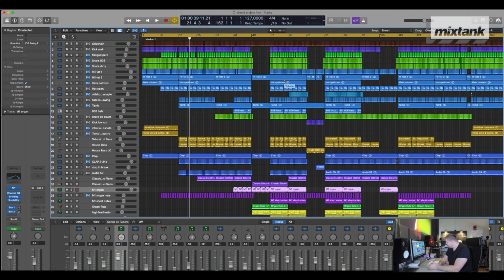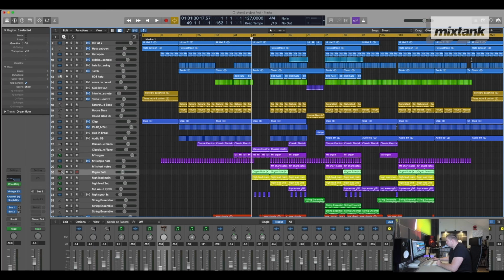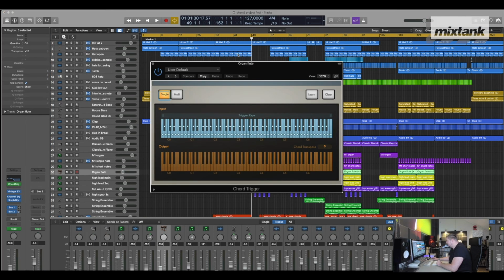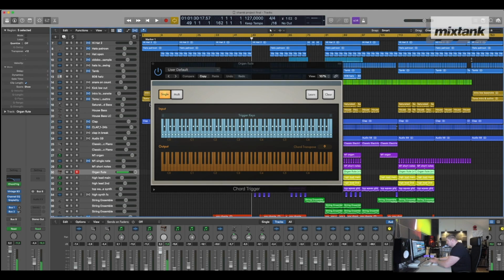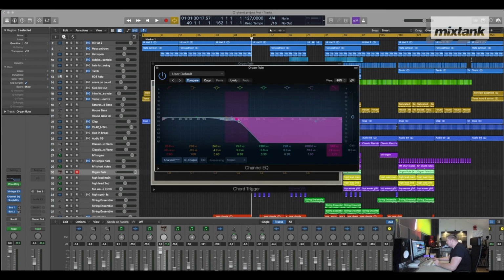etc. Well, it's a Logic, and I guess Ableton has got a tool too that's called Chord Trigger, and Chord Trigger is kind of easy to use. So you can set different chord types like major, minor, and then